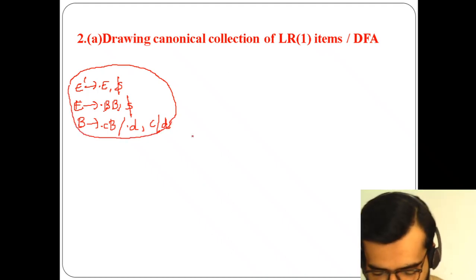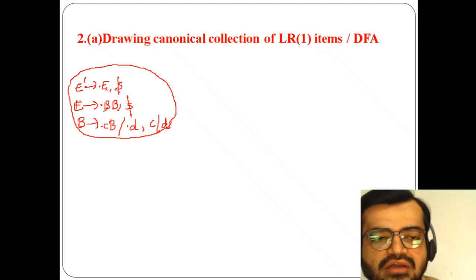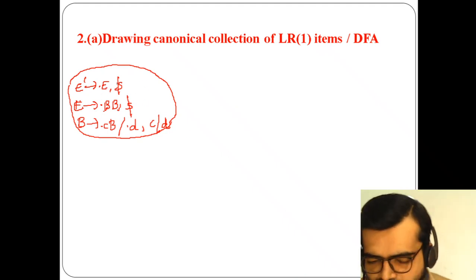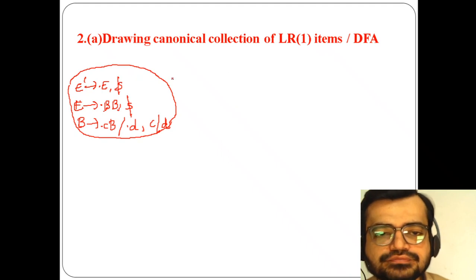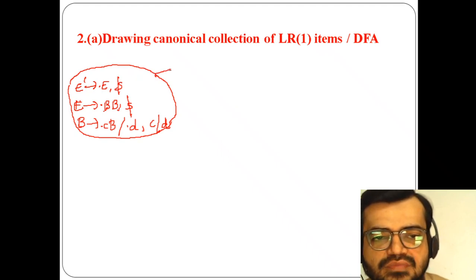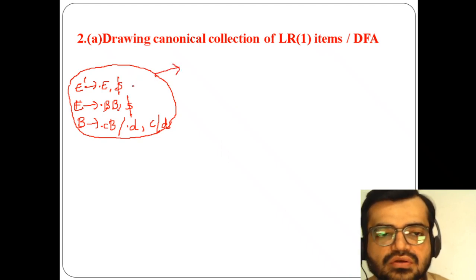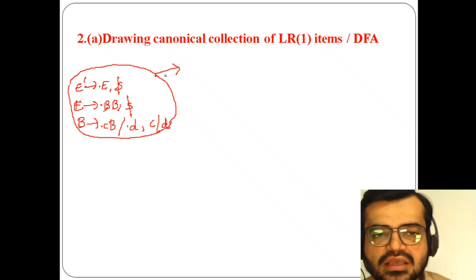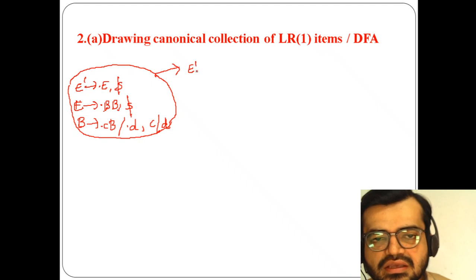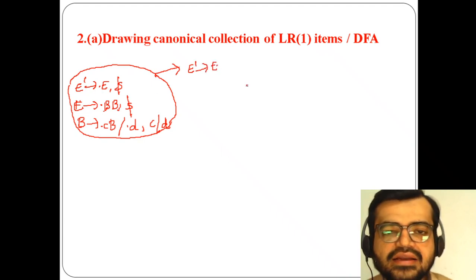Okay, now if I go with the first production, I'm using the goto operation. So I'm using the same thing, E dash of E dot, and after E dot nothing is there here.